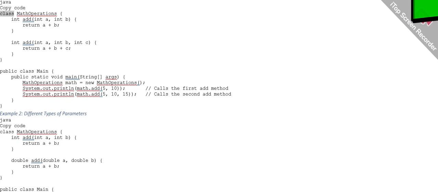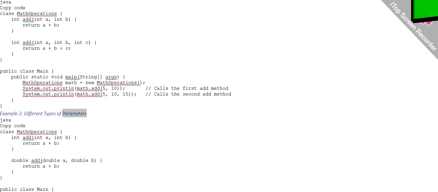Java. class MathOperations { int add(int a, int b) { return a + b; } int add(int a, int b, int c) { return a + b + c; } } public class Main { public static void main(String[] args) { MathOperations math = new MathOperations(); System.out.println(math.add(5, 10)); // calls the first add method System.out.println(math.add(5, 10, 15)); // calls the second add method